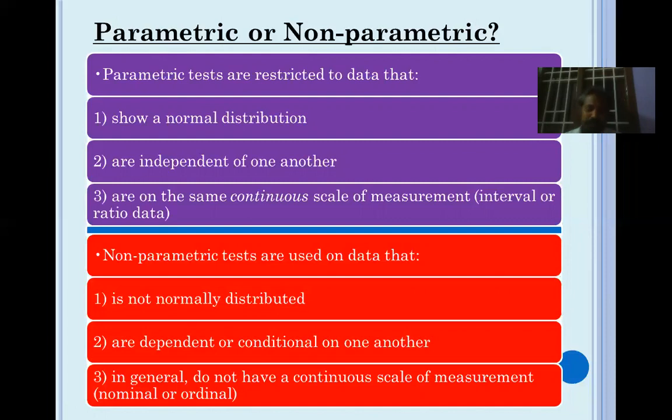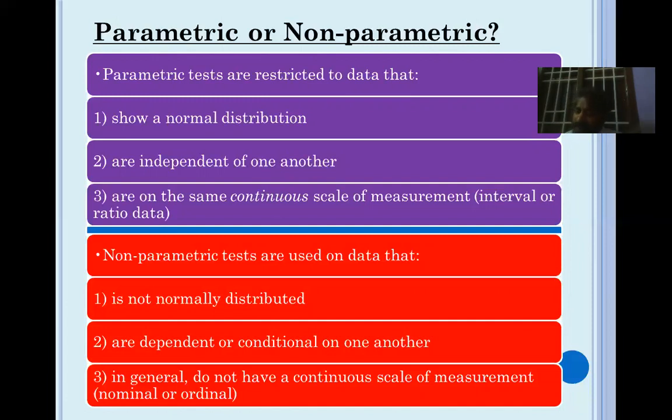Fine. What are the conditions? So I will tell you 2 conditions. One is the data you have collected should be either interval data or ratio data. That means there should be number data, scale data. If that is numeric data, interval data, scale data, ratio data, then you can go for a parametric test, no problem. First condition. Okay, you have collected the data in numeric form. Second condition: the data should be normally distributed. If the data is normally distributed, then you can go for parametric. So two conditions: the data should be numeric, and the data should be normally distributed, then you can go for parametric tests.